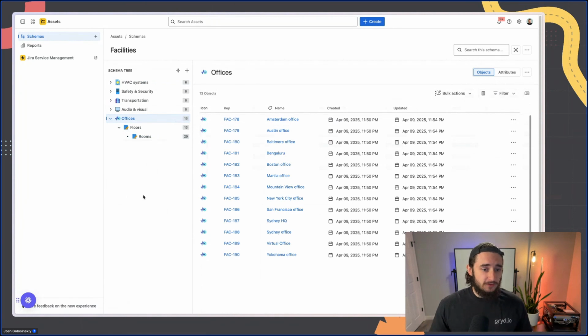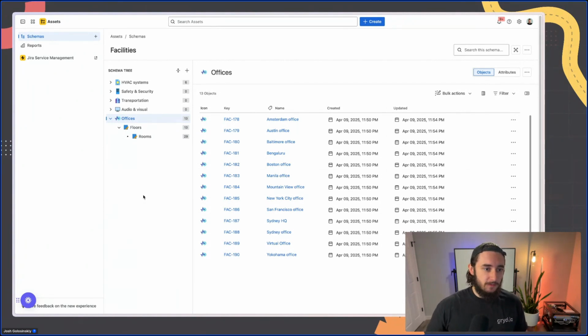You could really think of this almost as an open-ended database. With our assets, we could store any kind of information in here. You could think of this as an Excel spreadsheet as well, with just a lot better tracking, relationships, and integration with Jira. We'll dive into the nitty-gritty of that a little bit later, but generally speaking, assets are great for storing information, being able to create relationships between that information, and